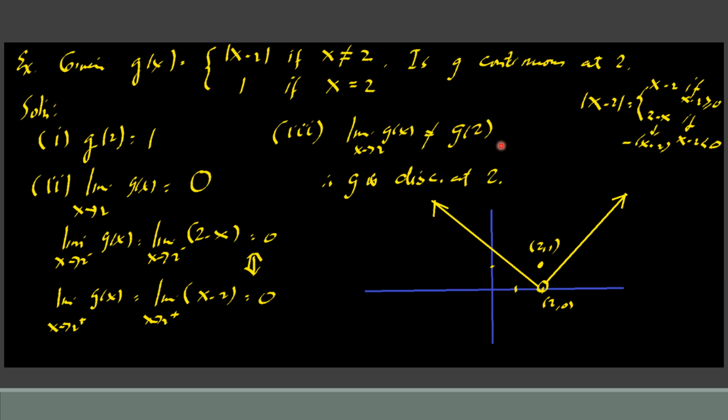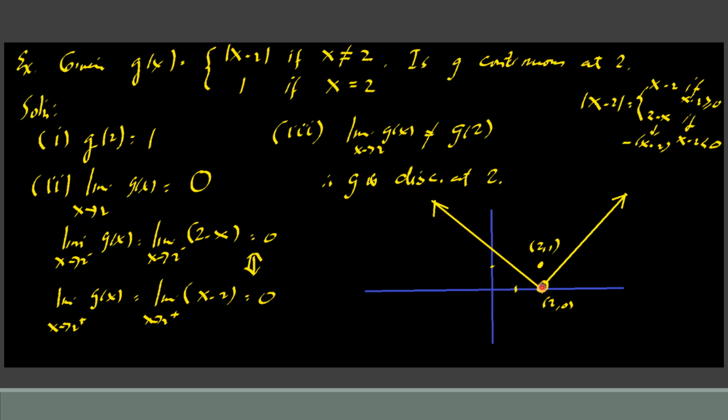Hence, we say that the function g is discontinuous at x equal to 2. Observe that in the graph of g of x, there is a break in the graph at x equal to 2. For x equal to 2, it jumps to the point (2, 1). Alright? So, if we are to draw the function